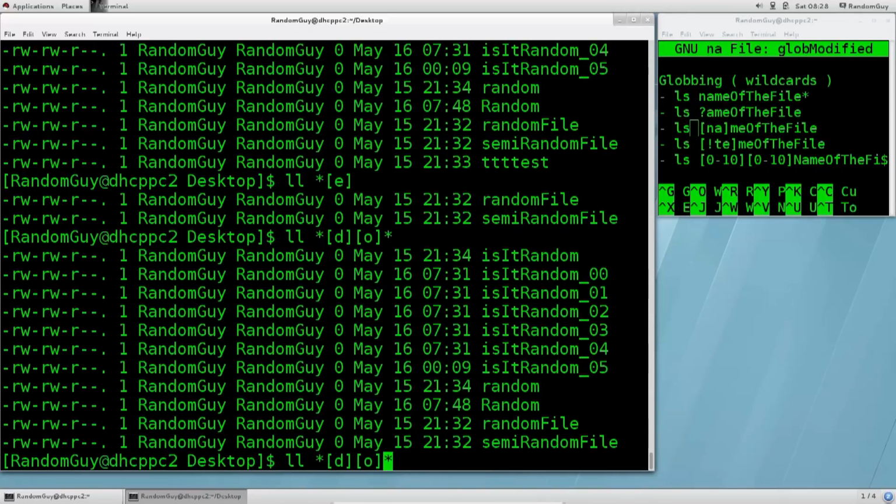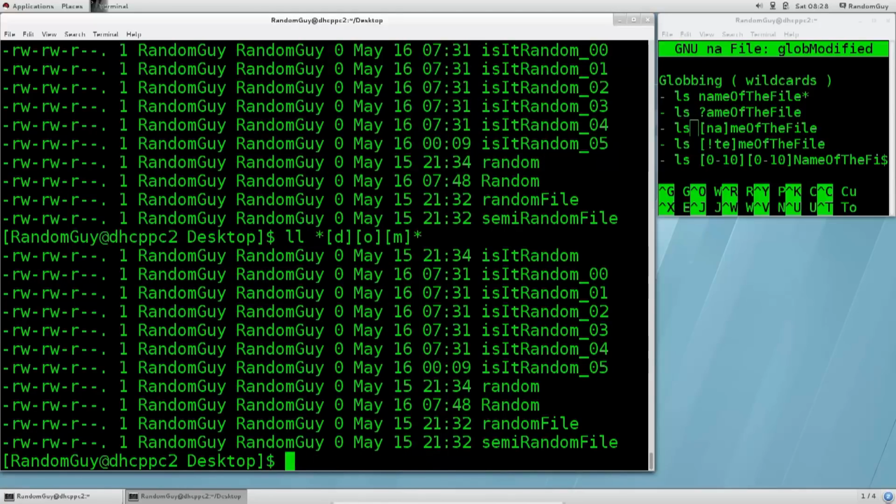Anyway, I could have also said DOM. So we're going to get pretty much the same output, but I just want to show you that you can specify multiple characters and multiple positions, no problems. You could also have specified different characters at these multiple positions. So this one would have UIO and this one would have POL. This would be a huge amount of, well, maybe not a huge amount of combinations, but certainly a significant amount. Basically what we said, it can contain D, E, G, S, F,